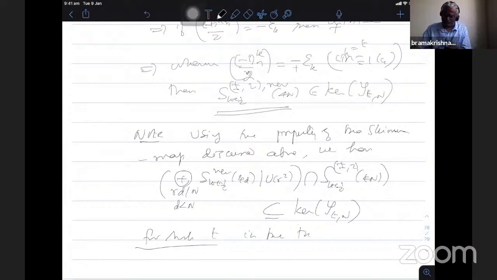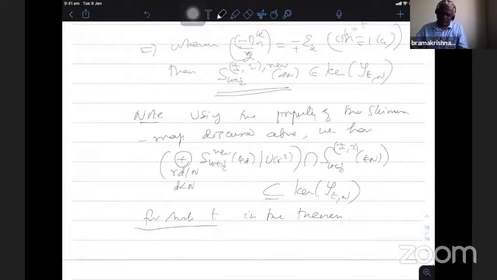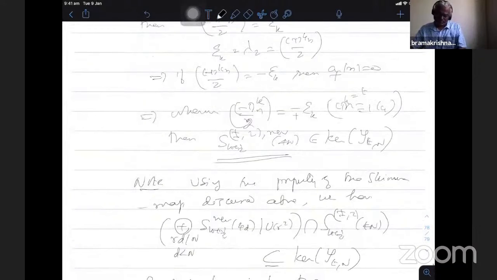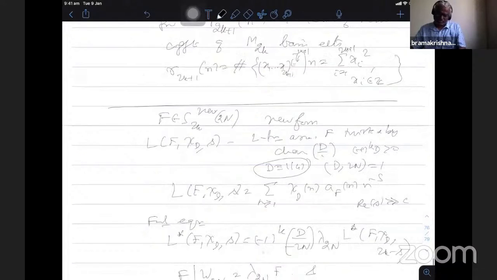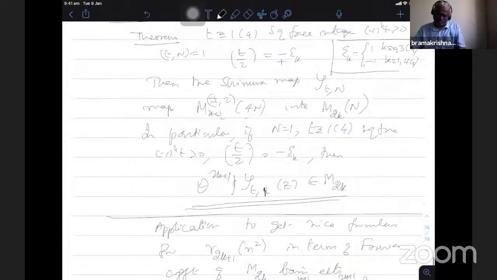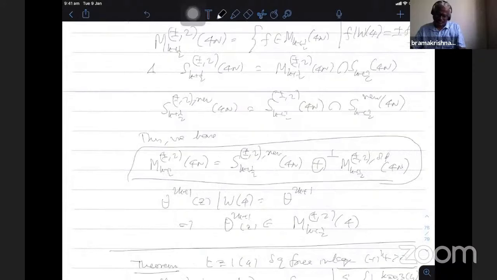The theorem. Whenever t belongs to the property satisfied by the theorem, even the old new forms, the new forms in the old class also, after duplication, if I intersect with the plus space, they also belong to the kernel of this form. Therefore, when you consider this decomposition of the full space in terms of these spaces, what remains is...